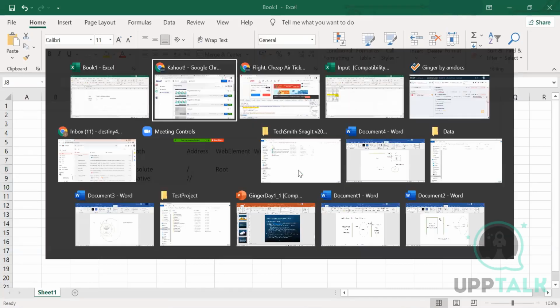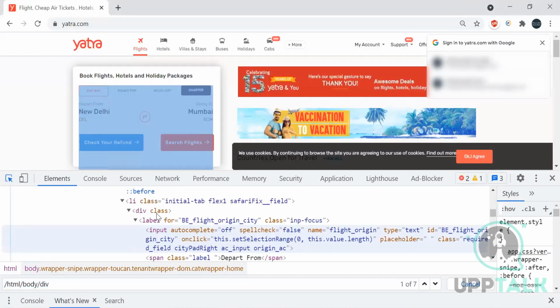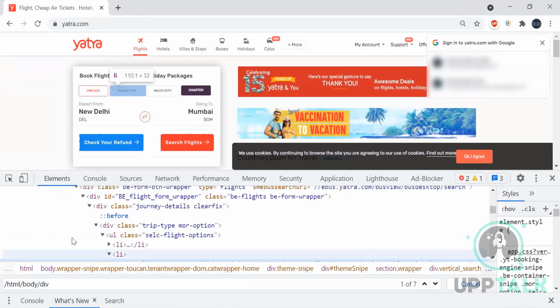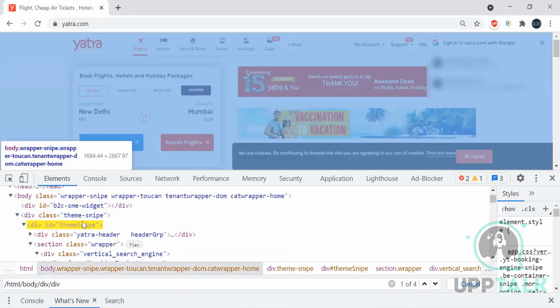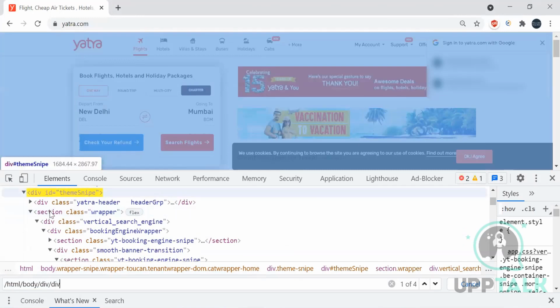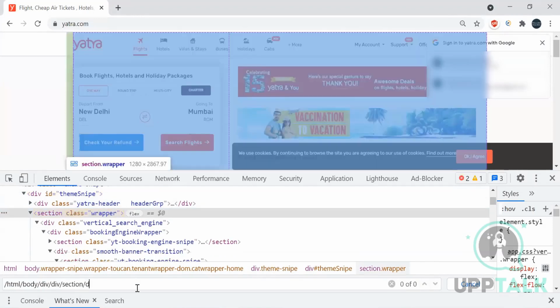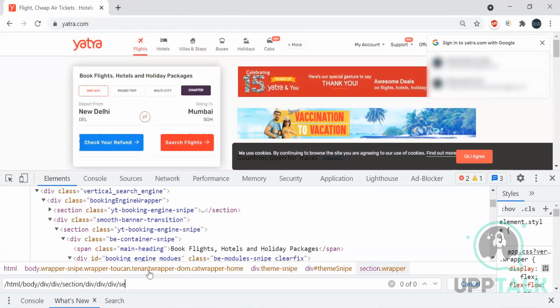Let's suppose I want to go to this round trip. You can see this button round trip. I want to write an XPath for this round trip. What I will do, I will keep on writing slash HTML slash body slash division. Then apart from that, another division, so I will write slash div. So I reach there. Then inside the division, I have a section as a child. So I will write slash section, then slash division, then slash division. And then again a division. Then slash section because it has another section inside that, and then